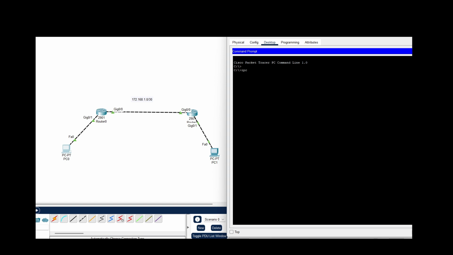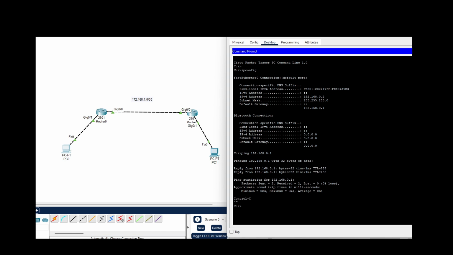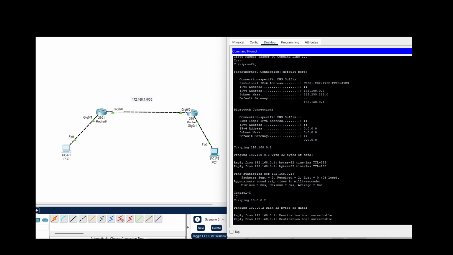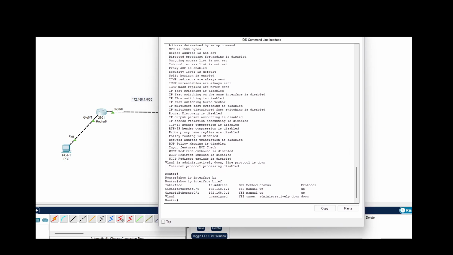Now let's try to ping from the gateway first. So ipconfig to check your IP, so this is 0.2, so your gateway would be 192.168.0.1, so we're able to ping. Let's try to ping that network, so that's ping 10.0.0.2. As you can see, it's not enabled by default, so the configuration that we need to do, we need to choose a routing protocol, or we need to route those packets in order for them